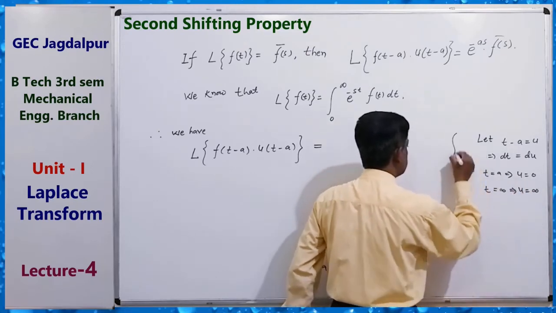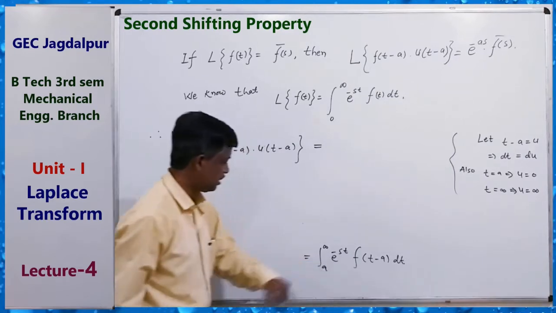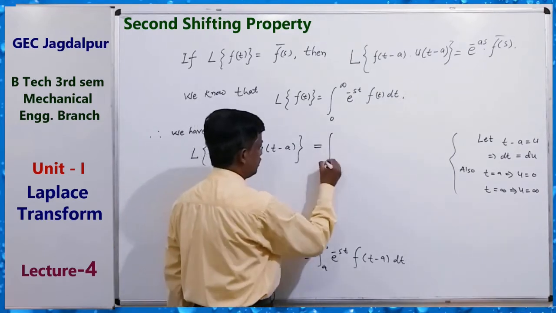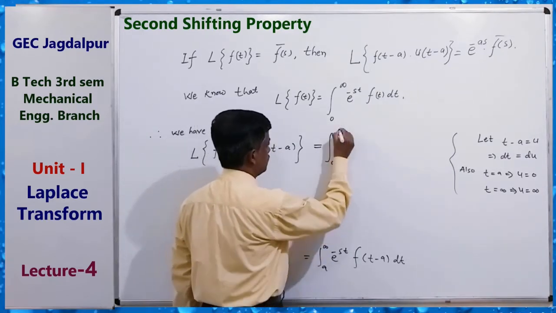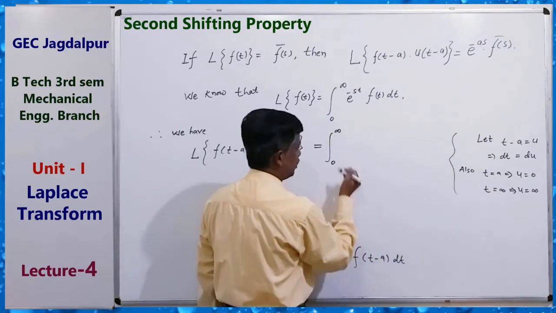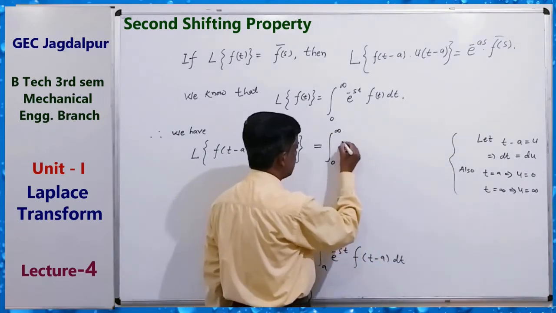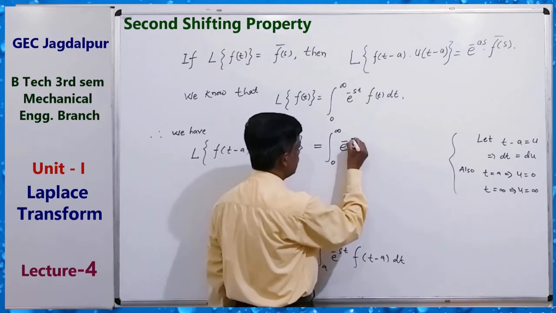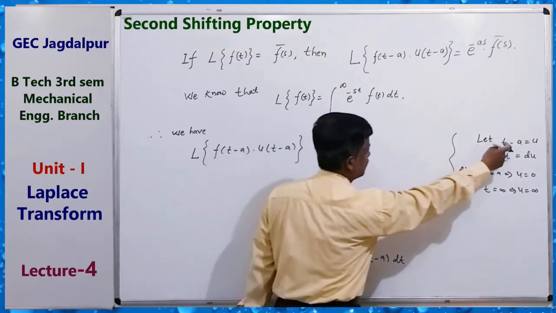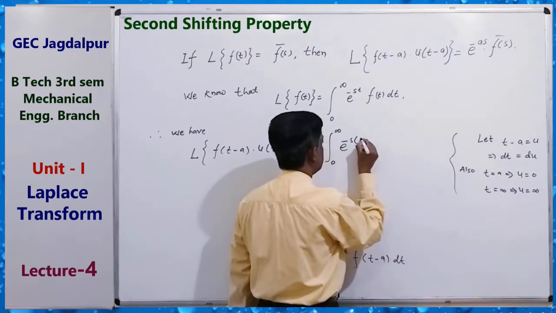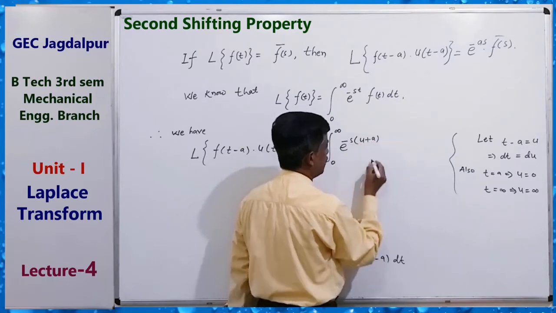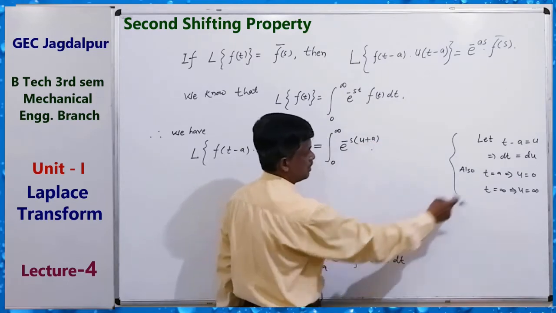So using this substitution, here we get 0 to infinity for u, and e to the power minus s times (u plus a) in place of t, and f of t minus a, that is f of u,